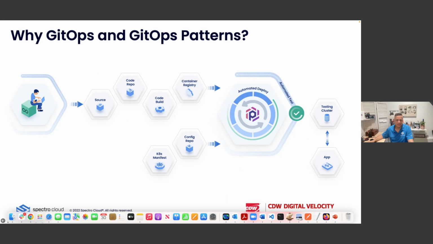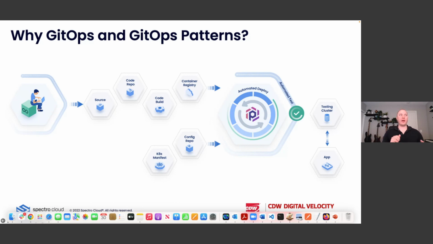And so Spectro Cloud has given us that ability with Palette and the Terraform provider to have declarative infrastructure. The core GitOps principles that the Open GitOps project has defined are: the desired state needs to be expressed declaratively.